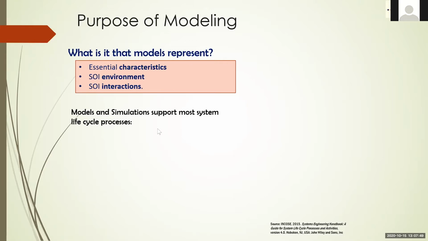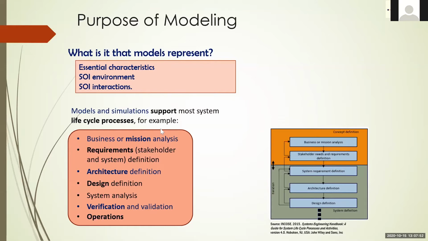Now, as we were saying before, those models can be used through all the phases of the life cycle model. So as we were saying before, we can use it for mission analysis. During requirements, we can do it at both levels. So we can do it at the stakeholder requirements, so maybe we want to use some use case representation, or I want to do it as a system definition requirements, so I maybe use some more technical diagrams as the one that the previous speaker Yvonne was showing with us. So she was using state transition diagrams or activity diagrams.